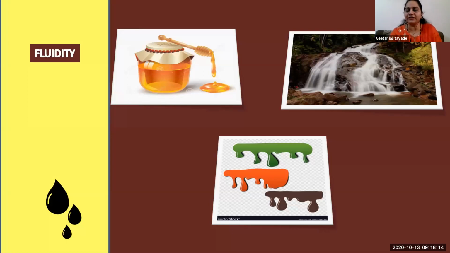Will water get down very easily, or will honey get down easily and fast? Water will flow, yes, very correct. Water will flow very fast from that board because honey is a little bit thick. That means it is more viscous, so it will take time, but it will flow down. So this is called fluidity. The flowing ability of a liquid material is called fluidity.